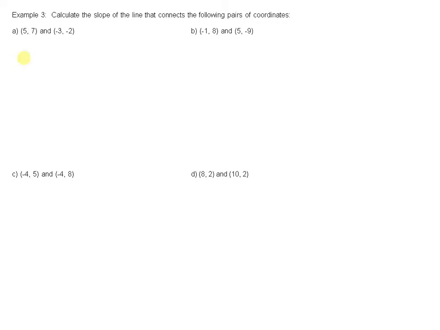This is where the formula m equals y2 minus y1 over x2 minus x1 comes into play. Okay, so we have to calculate the slope that connects the following coordinates. Some people might feel that they want to graph this. I say you don't even have to bother, because when we move into lesson 6, or when we move into